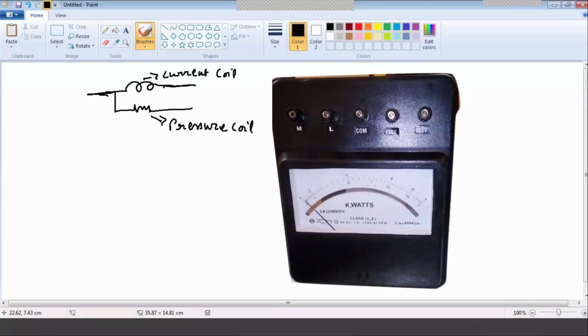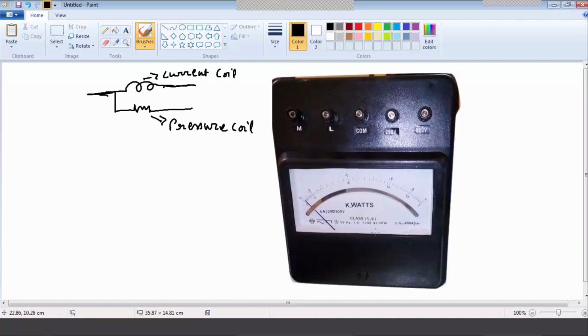Now, how do you connect this wattmeter in your circuit to measure power? There are some terminals given on this wattmeter: M, L, COM meaning common, 250 volt, 500 volt. First you need to understand the scale, where 4 ampere, 250, 500 volt is written. Here there is a DC symbol, an AC symbol, and 50 hertz.